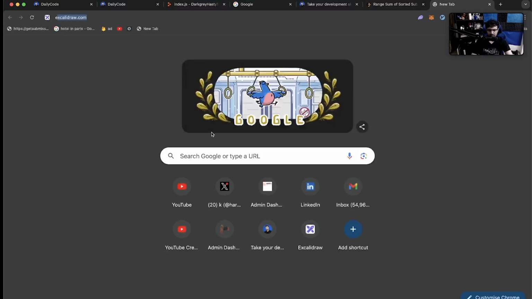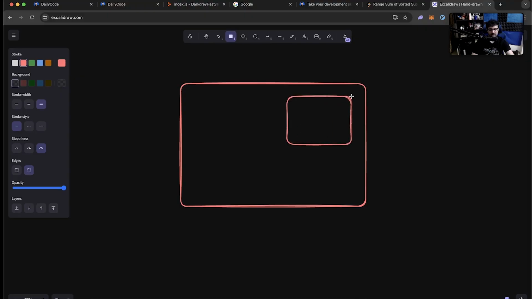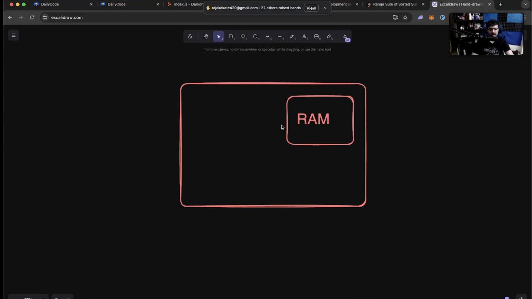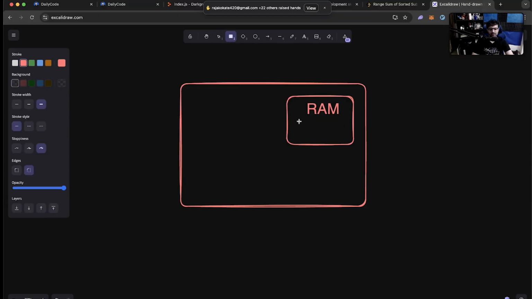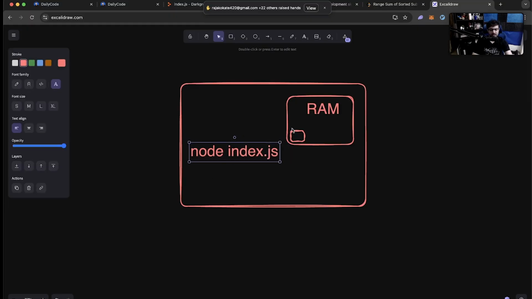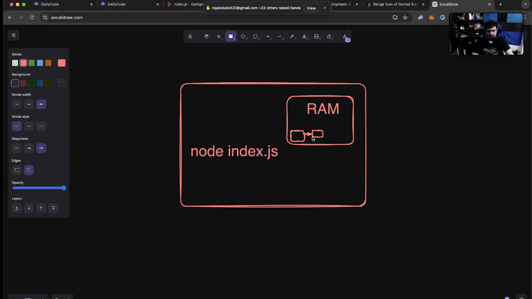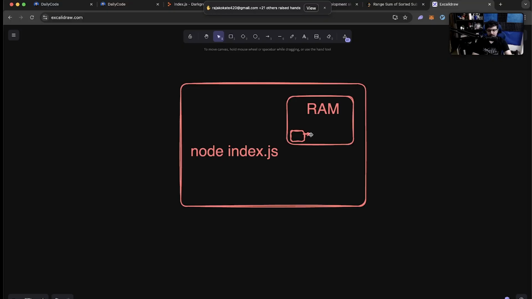Whenever you run any C++ code, Node.js code, Java code, your machine has something called the RAM, random access memory, where your program actually runs. If I run node index.js, it is actually running somewhere here in my RAM. And memory management means whenever I create new variables, I take some memory over here. Whenever I delete that variable, I should free up that memory so that other processes can take it.